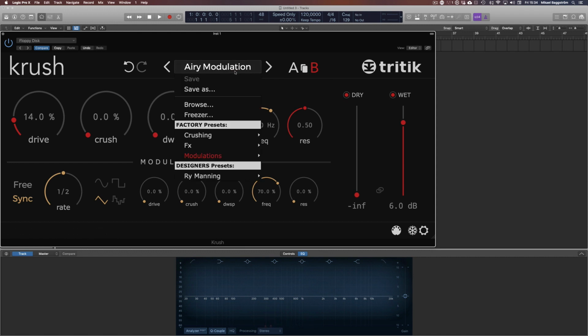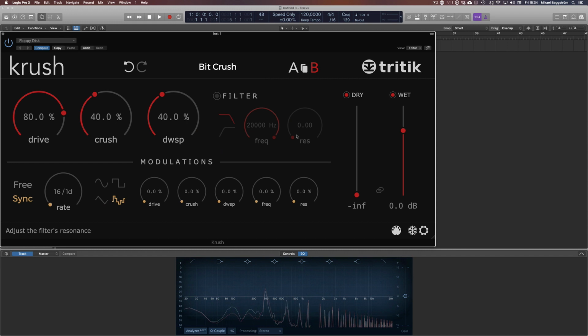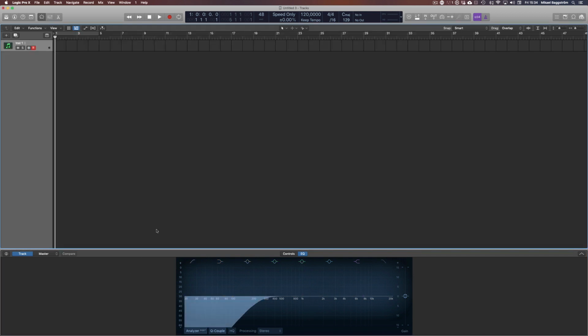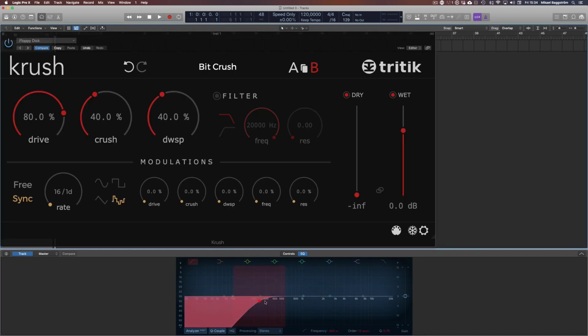And then you can just browse through some presets. Let's do bit crushing here. And what I like to do, by the way, is when I want this retro sound, I really want to roll off the low end, because if you listen to old school or retro sound music, there is really no low end. So I'm rolling from 250 around there, just the bass here. So now the sound is very thin to begin with, but with it,